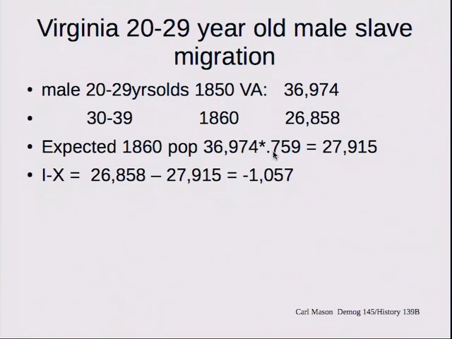We multiply that by 0.759. That's the survival rate we saw on the previous slide. That gives us 27,915 expected male slaves, age 30 to 39, in 1860 in the state of Virginia. We compare that to the 26,858 that we actually saw. And I contend that the net migration, I minus X, is the difference between those numbers: the 26,000 that we actually observed minus the 27,000 and something that we expect absent any migration. So we have negative 1,057, meaning that 1,057 slaves went missing, or literally left the state of Virginia